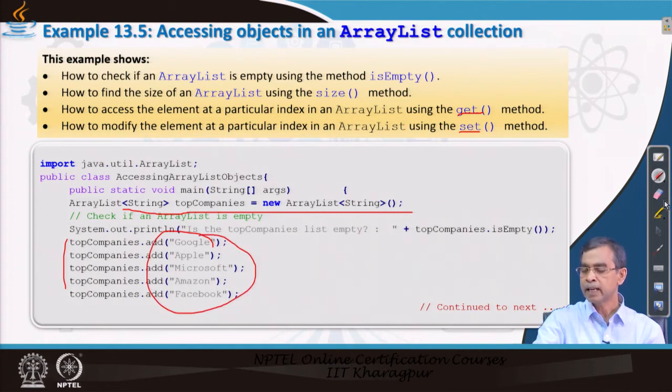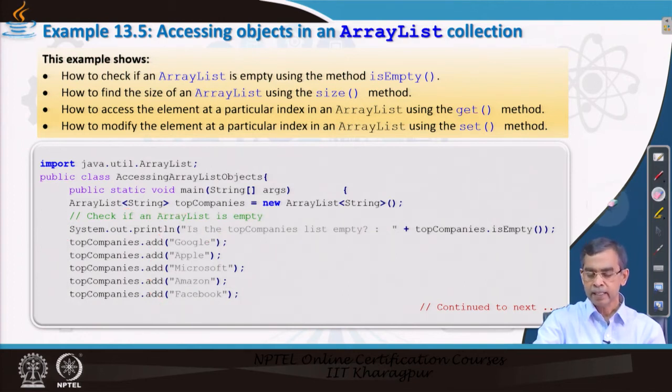So, once this ArrayList collection is created, we will be able to apply isEmpty, which indicates whether it contains any elements or not, size, get, set, or clear method. The clear method is also there to remove all the elements from the existing collection, which needs to be called with care, because it will really remove all the elements and you will not be able to get them later on.